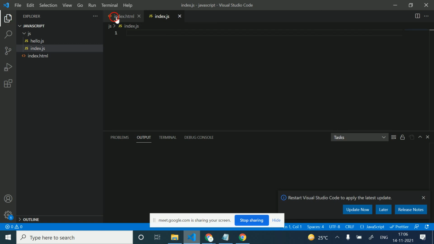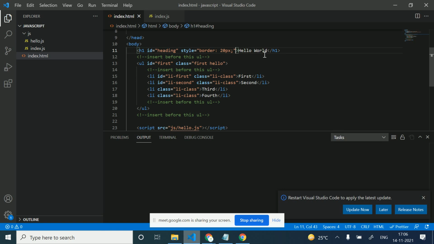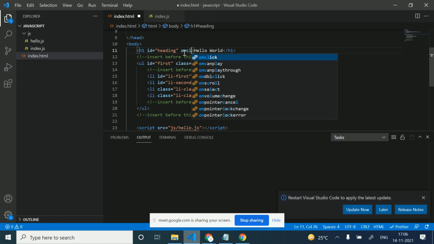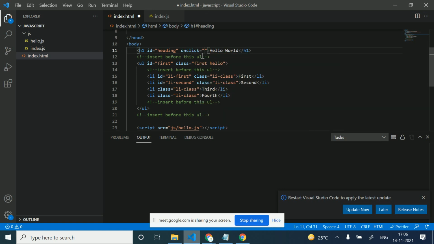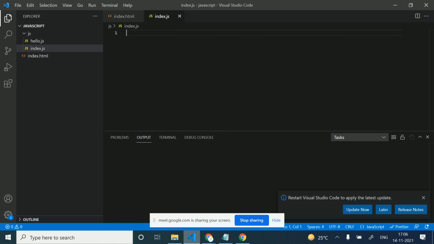Here we have an element, hello world. I'm just removing this. So on click we can write the on click event here. When I click on the hello world, I will call a function from here. So I am creating a function hello, and I'm just going to alert this.